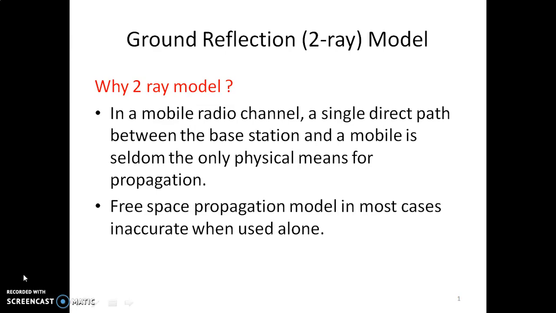So at the receiver, we have to consider the resultant of all these different signals, because the path of each signal and the obstacles undergone by each signal is different. We have to consider everything, and the resultant of these signals has to be taken into account. Only then can a judgment be made regarding the signal strength that we receive. So the free space propagation model is not applicable in all environments. We have to opt for another model known as the two-ray model, or ground reflection model.